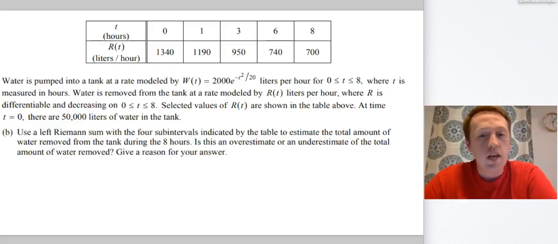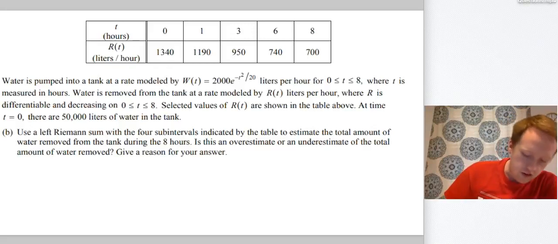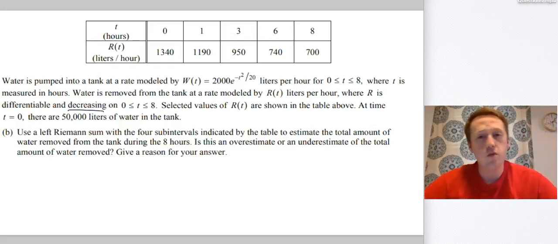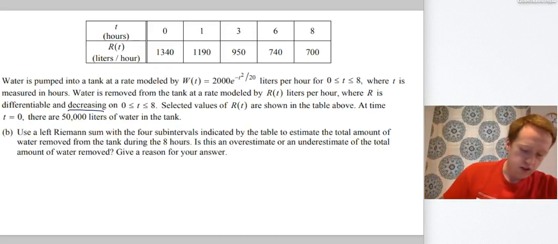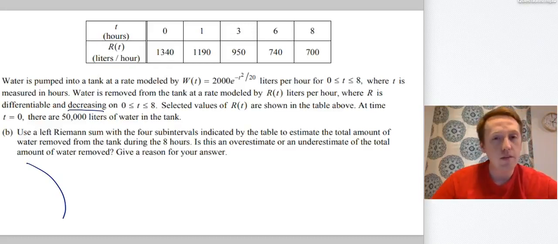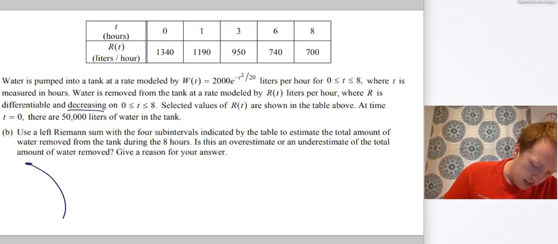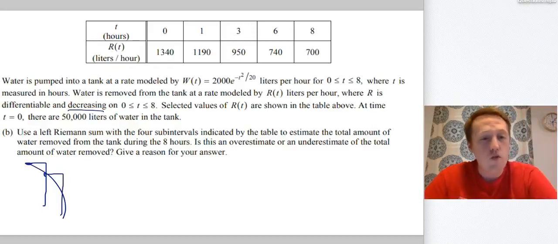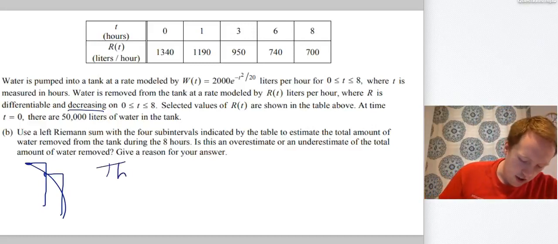All right, the next thing it asked was, is this an overestimate or an underestimate of the total amount of water removed? So what we need to do is think about left Riemann sums, and we know that R of t is decreasing, right? It says decreasing right here. So I've shown you guys before, I always sketch this out for myself. So I'll draw some decreasing function. It doesn't really matter what it is as long as it's decreasing. Left Riemann sums should have their upper left corner touching the function. So if I draw rectangles where the left corner touches the function, I can see that I'm overestimating. I get a little bit too much area. So what I'm going to say is this is an overestimate